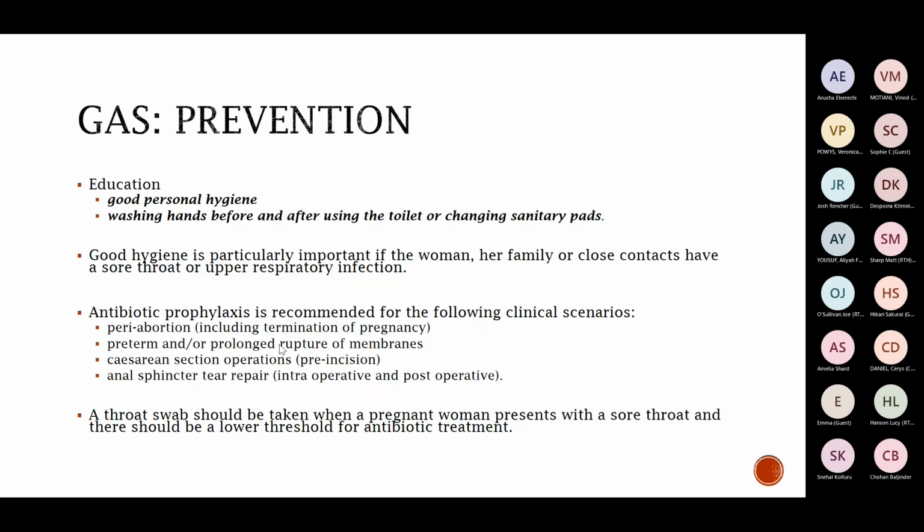Possibly. I'm just trying to think. I guess the earlier ones, maybe it's more associated with terminations or definitely with illegal abortions and terminations in lower income countries. That's probably where that's arising from. So it's probably more skin, therefore vaginal sources of infection as opposed to sore throat. But, as we saw in that first case, it was a sore throat. Yeah, cool. So yeah, first trimester and peripartum, think of Group A strep.